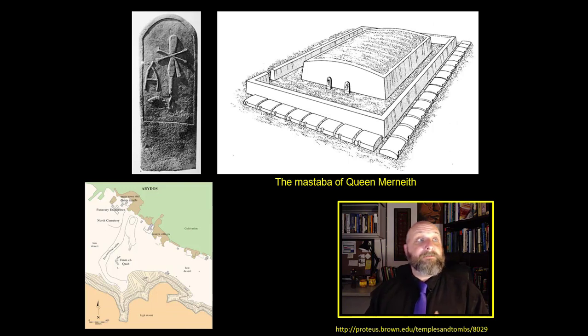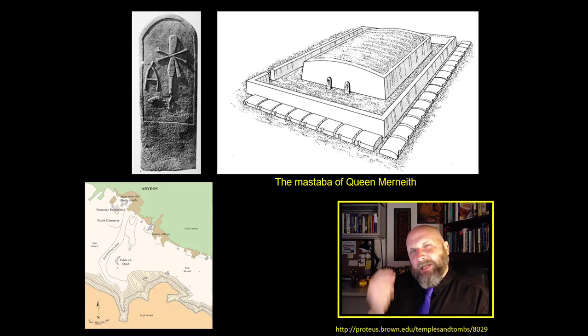And this is where we meet one of the first people that we're going to meet, which is a pharaoh called Djoser. Djoser wants a really, really elaborate mastaba. So he goes to his grand vizier, a man named Imhotep. And he asks Imhotep to design him a mastaba that probably looks something like Queen Mernith's mastaba, except much larger and much more elaborate. And Imhotep, the Grand Vizier of Egypt, the guy who actually runs the country for the Pharaoh Djoser,